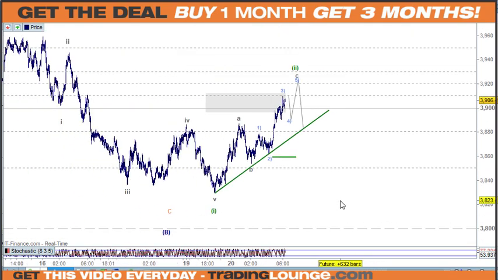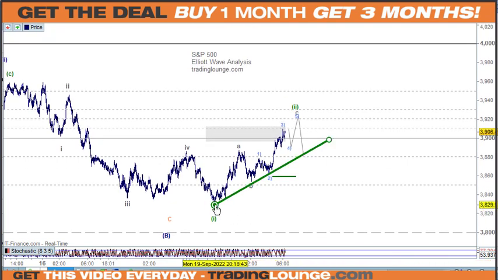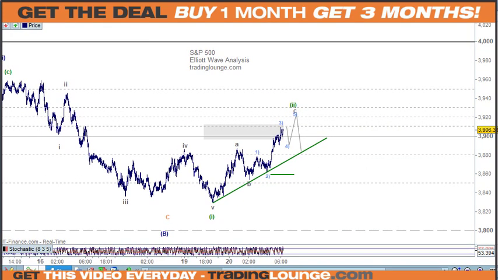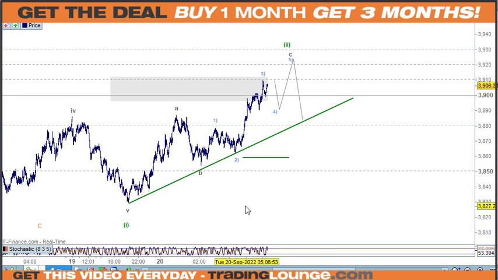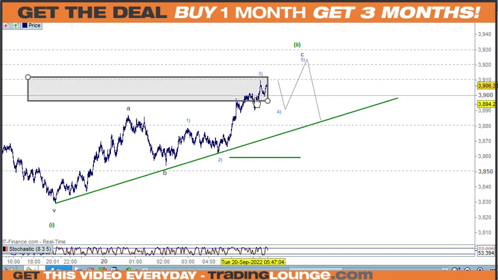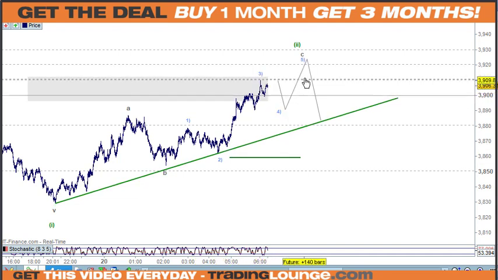But in terms of counting this up here, in this case, this is the low here. I think maybe on the... Oh yeah, that is the low on the SPY. So this is the SPY here. So that's actually the low here for that. But it just sort of gaps down a little bit on that one, but we'll come and talk about that in a moment. But just coming back here, if that was wave 1 here, let's say, and we're going back for wave 2 here, then we would need to look at this here as 1, 2, 3, 4, 5 for the A wave, the B wave, and then 1 and 2 here, and 1, 2, 3, 4, 5 here for the third wave. So we'll need the fourth wave and the fifth wave up here.